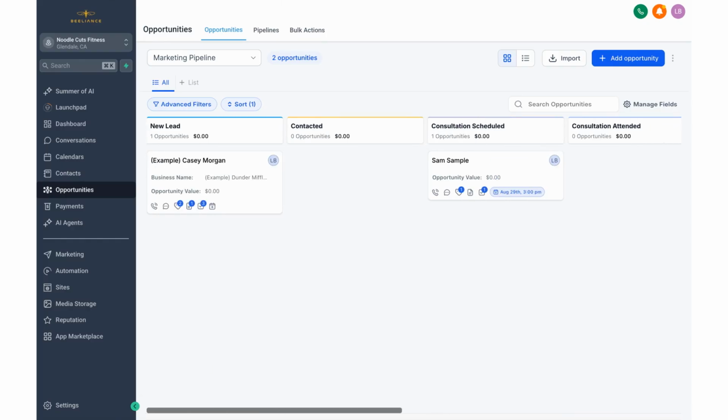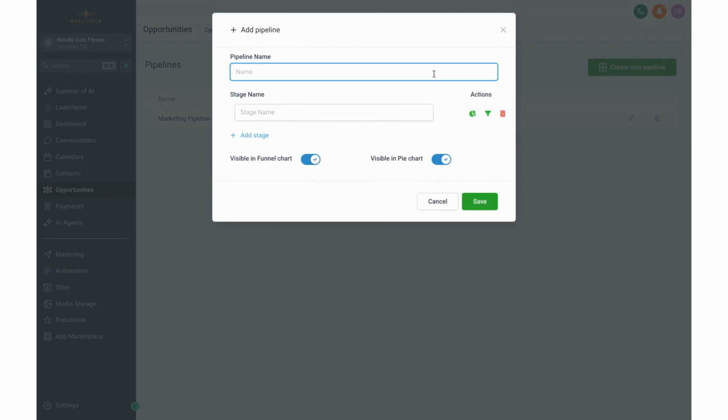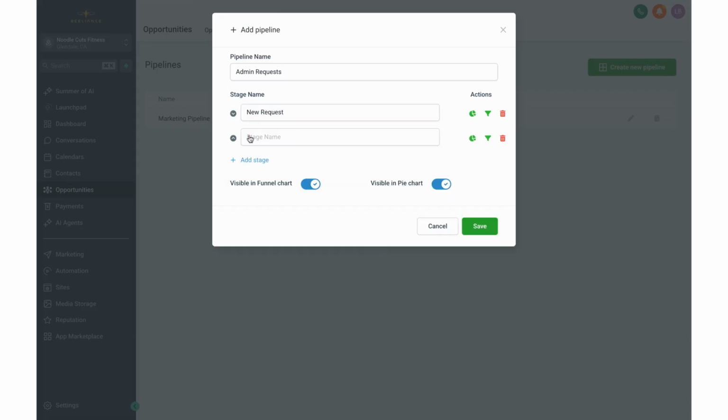All right, let's go through creating a new pipeline, because we can do pipelines for not only external but internal operations to help you move things along in stages, such as like admin requests. So we'll create a pipeline here, and we are going to name this one admin requests, and we'll create the stages. So this would be new request. And we'll add another stage, and it'll be assigned to team member